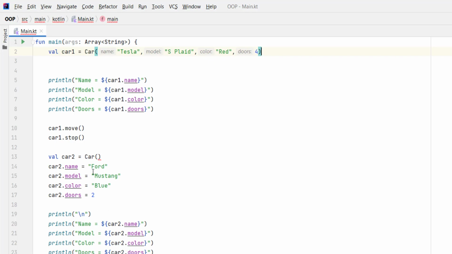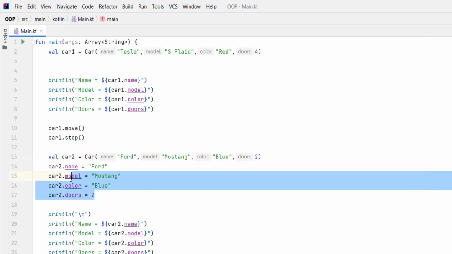Now we also have an error here because this object also expects some values for its constructor. So instead of putting those values here, we put up here Ford, Mustang, blue, and 2.